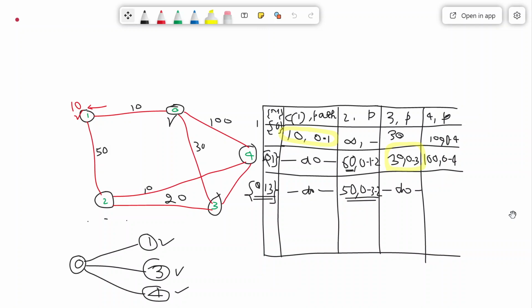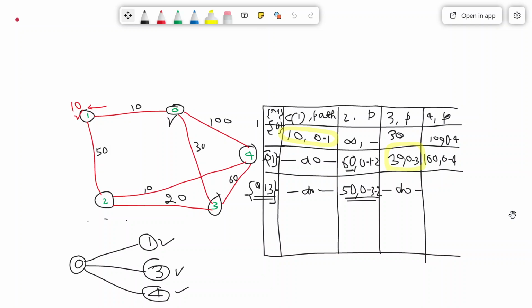Now coming to 4. Can I reach 4 through 3? Yes, we can reach. What is the cost? That may have been erased, but the cost here is 60. So 3 to 4, yes, we can reach, and the cost is 60. So 0 to 3 is 30, and 3 to 4 is 60.